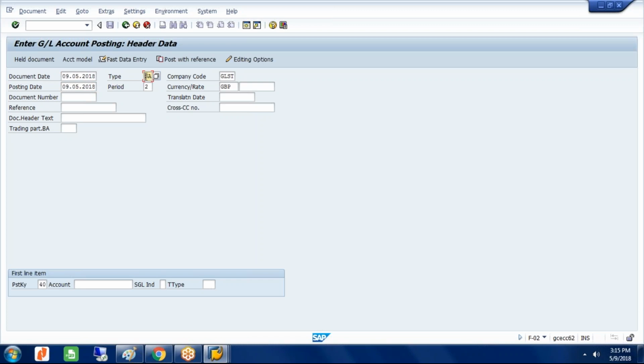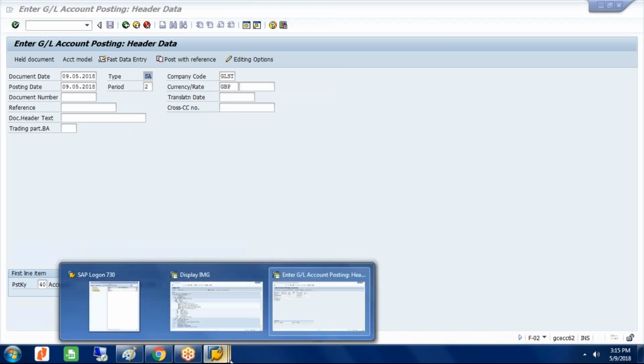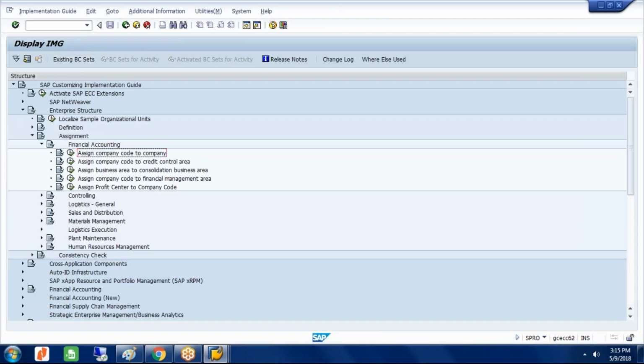This is also something which we have defined. SA refers to GL account documents. We have already defined this. It's already there in the drop down. If you remember, we gave a number range from 1 to 500. I'll show you that screen just for your easy understanding. I'm taking you to that screen,